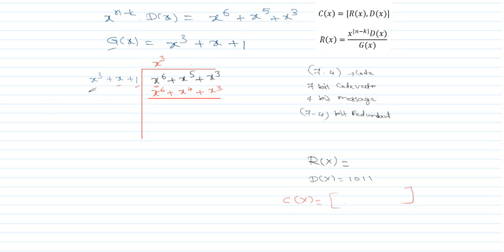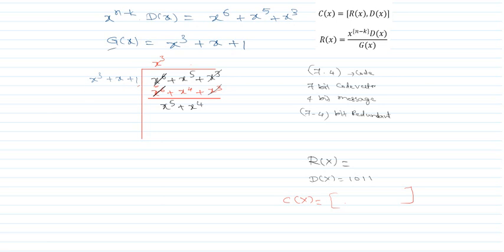When I do this addition, what I'm going to get: x to the power 6 plus x to the power 6, that is 2x to the power 6, so we will not write it, it will be cancelled. Then I have x to the power 5 here, only one x to the power 5 is there, I'll just write down x to the power 5, plus there is 1 x to the power 4, and there are 2 x cube, so I will not consider this x cube, I'll just ignore it.